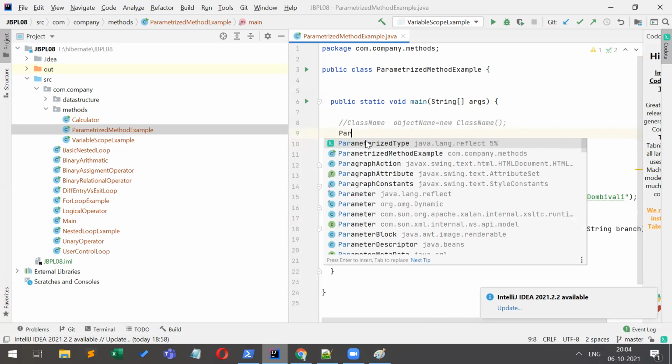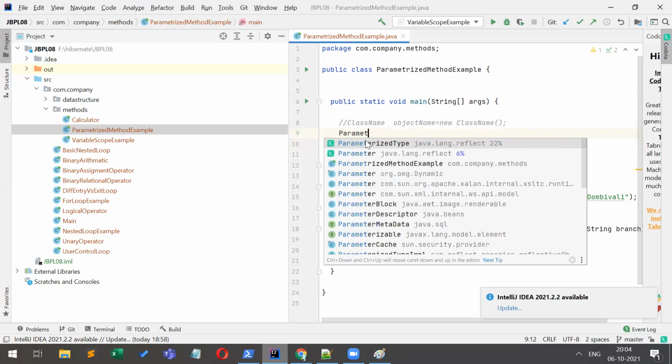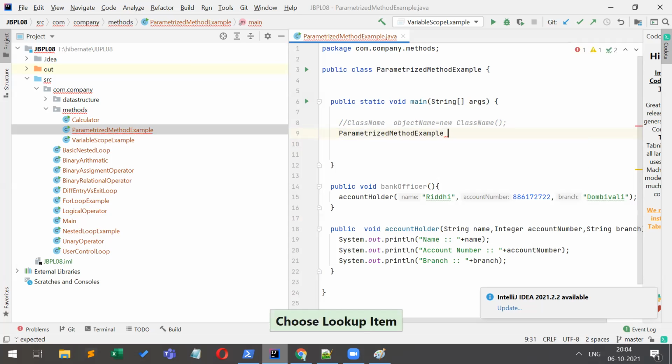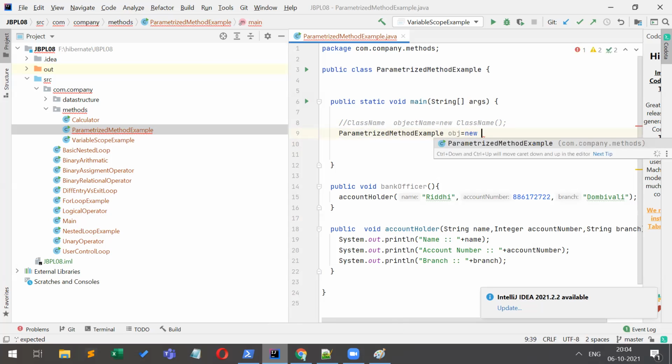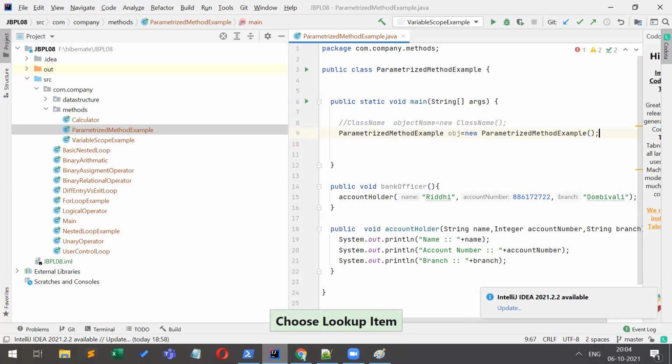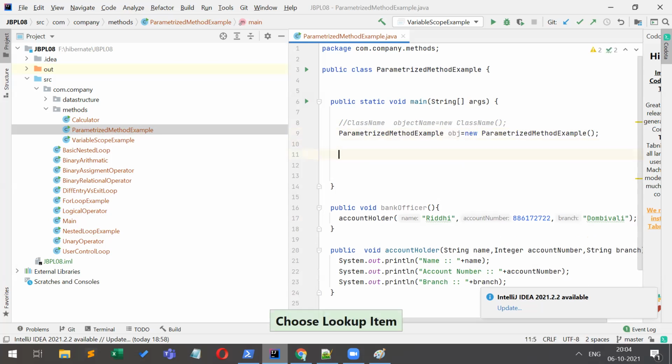Parameterize method example. And what object name do I have to give? I can give anything. I am giving obj equal to new parameterize example, parenthesis open close. So now using this obj, where I am putting the dot operator,